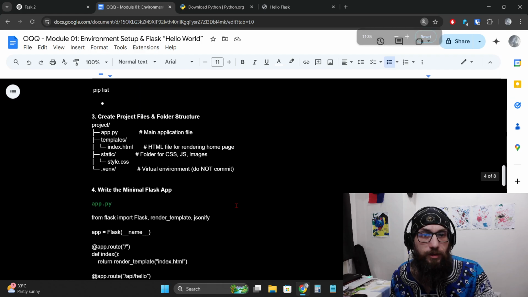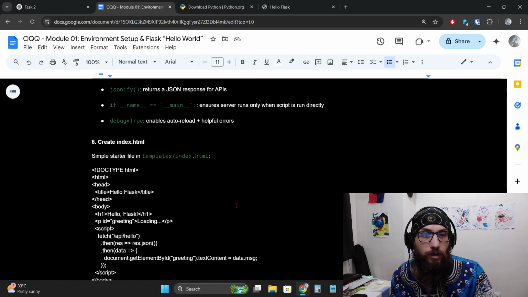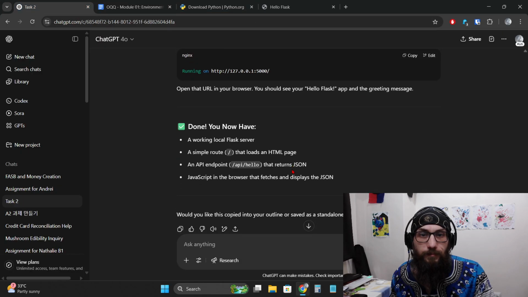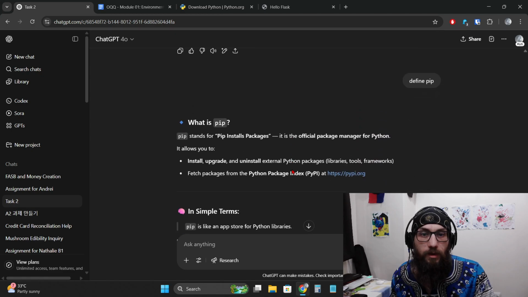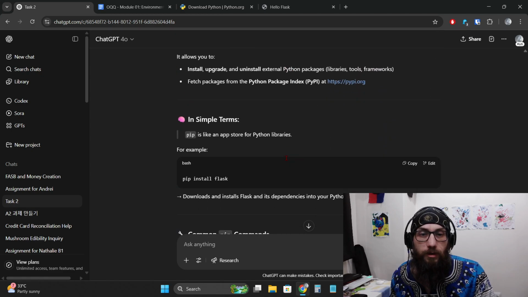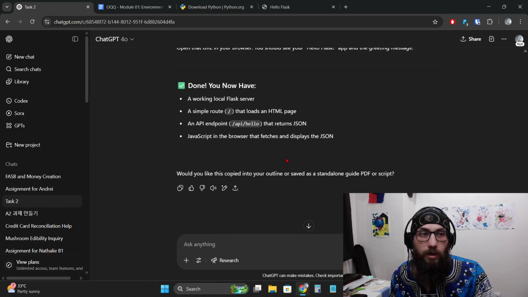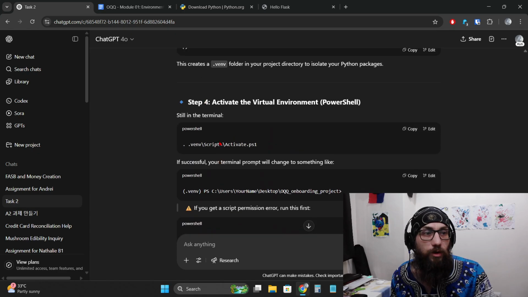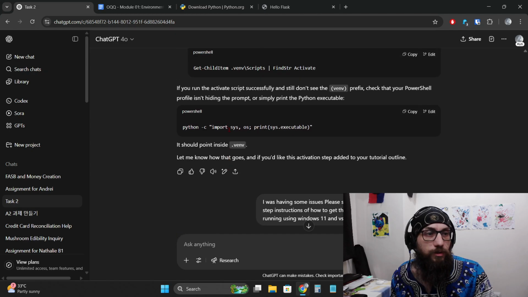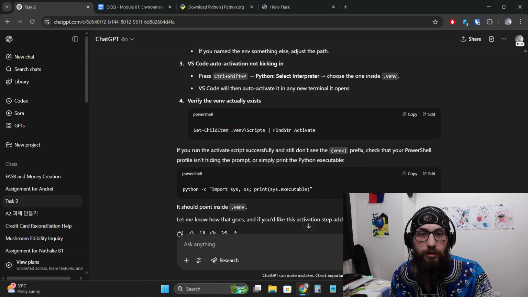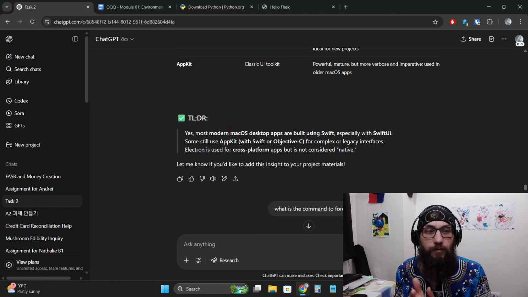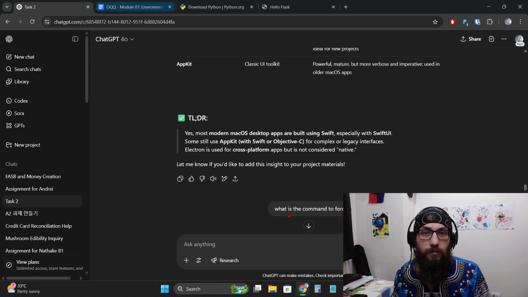So let me just check here, make sure we covered everything. Yeah, so we have a basic server running using Flask. And in the next tutorials, we will start adding some more features and complexity into this, such as adding AI integration and, of course, CSS and things like that. But basically, yeah, you have a very quick